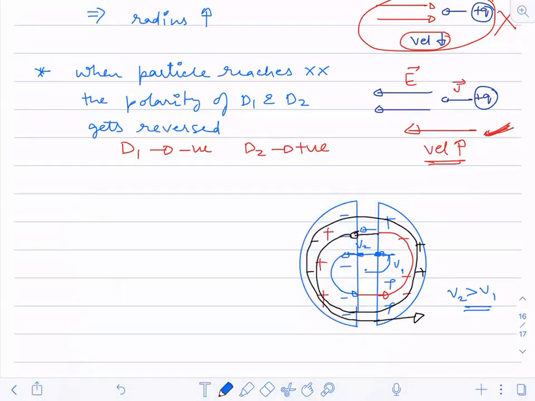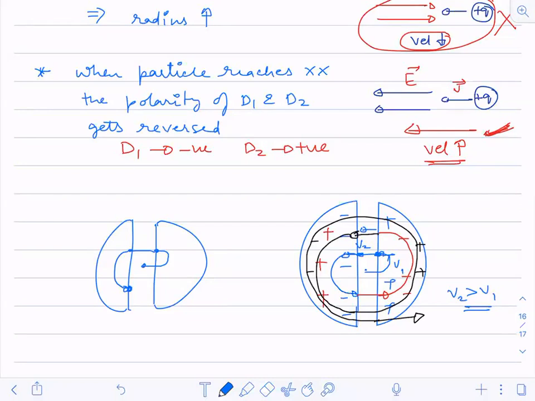So what is happening now? As soon as it reaches this vertical edge of the D, the polarity has to reverse. When it reaches here with the greater velocity, again it makes a half circle, so again it has to increase its velocity at this point. Understood? So this is what will happen. Every time, the D has to change its polarity. The particle which comes out